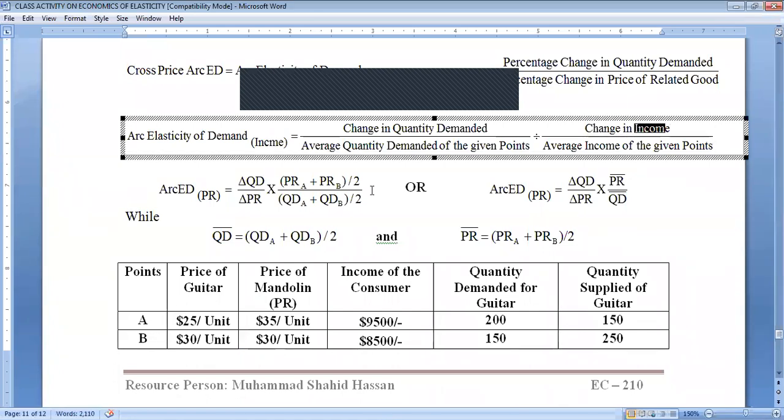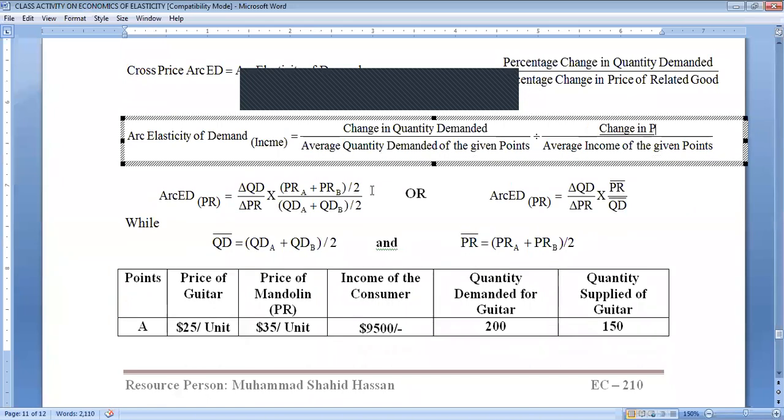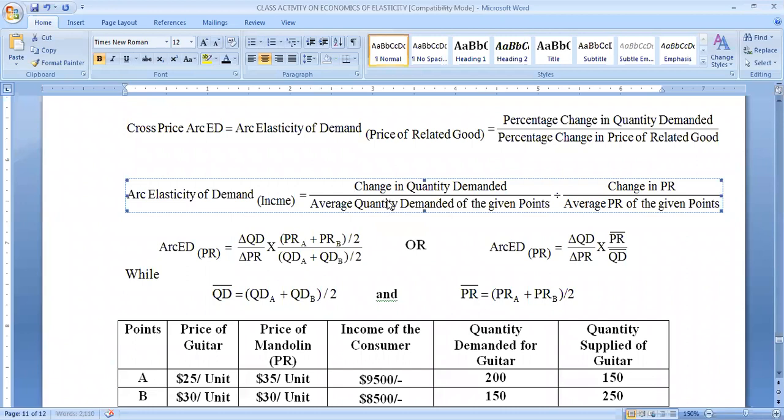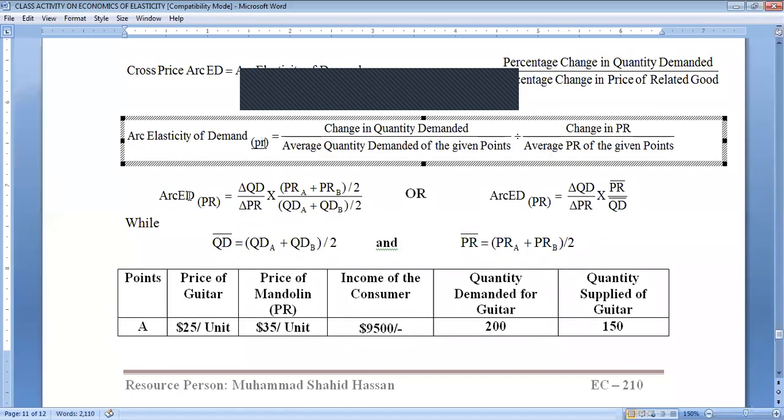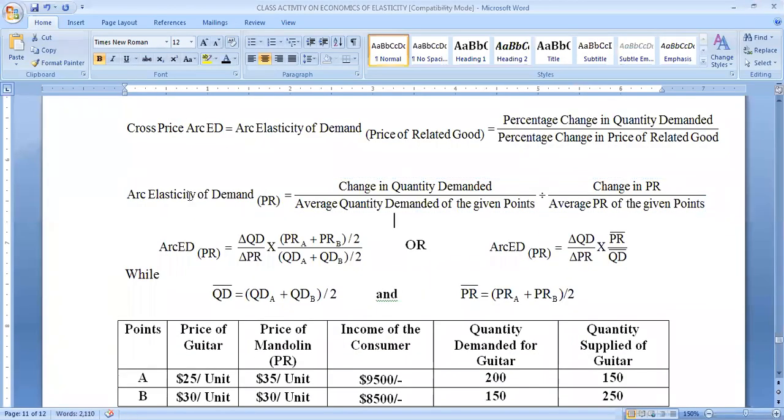Change in price of related good, let me write PR over here and here PR, right? So change in quantity demanded divided by average quantity demanded of given points, divided by change in price of related goods divided by average price of related good of the given points, right? This is arc elasticity of demand with respect to price of related good. Okay. Now let's update our formula